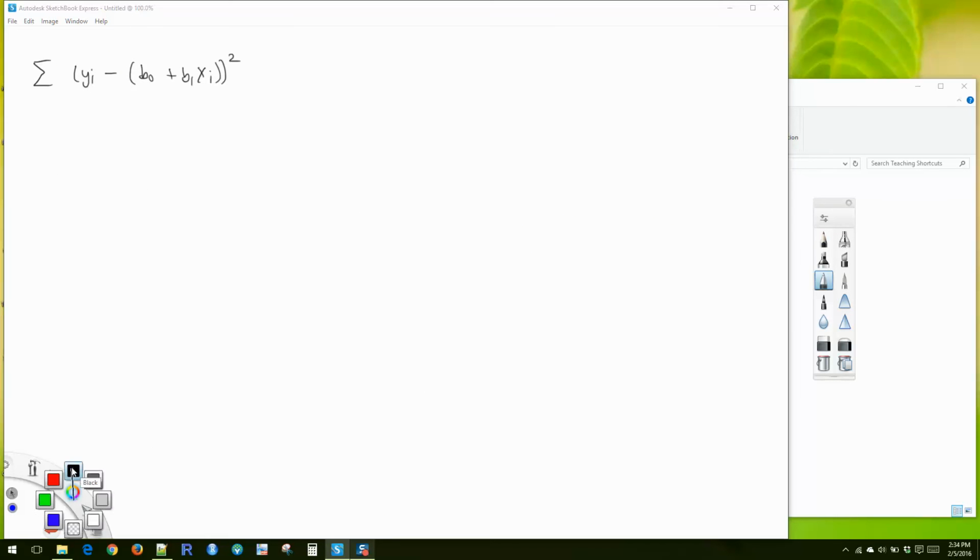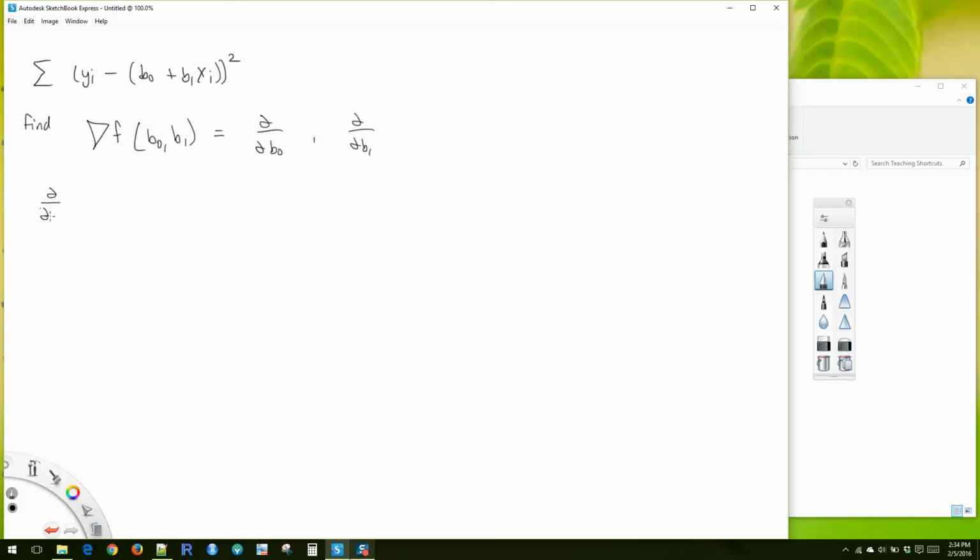Okay, so what we're going to do is find the gradient of f, and our f is a function of b0 and b1, right? So we're going to have to find the partial with respect to b0, and then the partial with respect to b1. Okay, so the partial with respect to b0 is